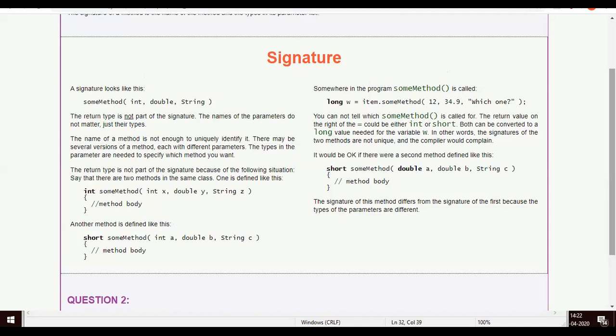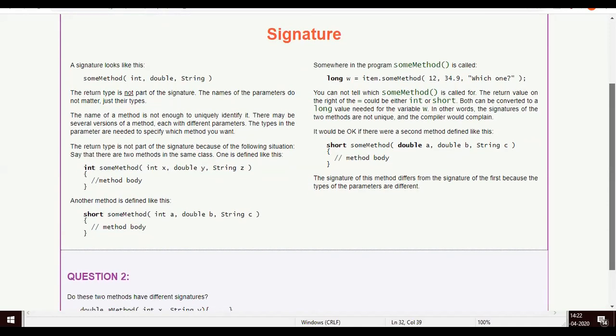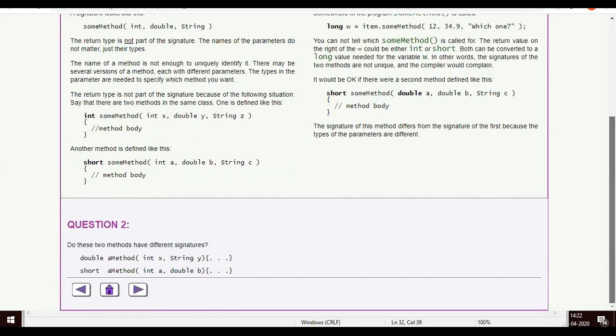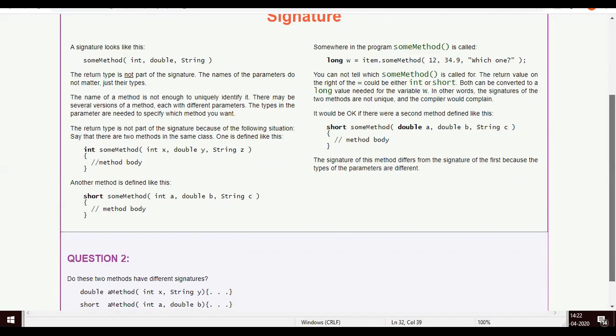And another important thing that we'll be discussing in today's session is this.